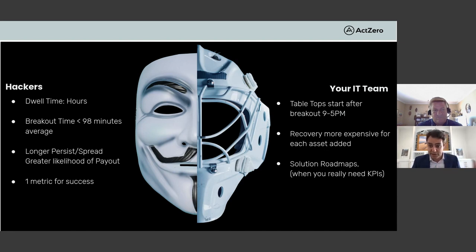And then it geometrically decreases from there to go to asset C, D, E, F exponentially, like a fission reaction, right? The longer they can persist in the environment, the greater the likelihood is that they're going to be able to do this. Right? We got to get them out early. The more they can study, the more opportunities they have, the more entry points they have, the more systems they have,